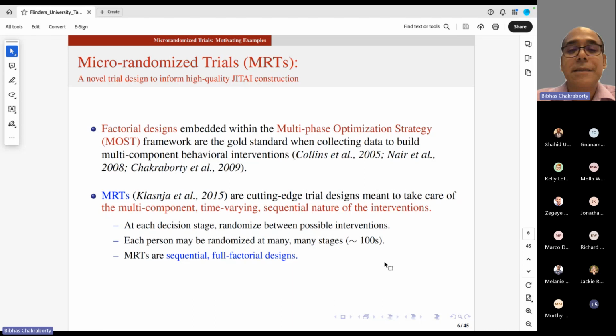So this is the basic idea of micro-randomization. If there are multiple factors, then it's a factorial, but it's also sequential over time, within person. So every cross-section of the design is a full factorial design, the good old factorial design. But there could also be fewer factors or maybe a single factor. Then it's not even a factorial. It's like a regular RCT at each time point, so to speak.